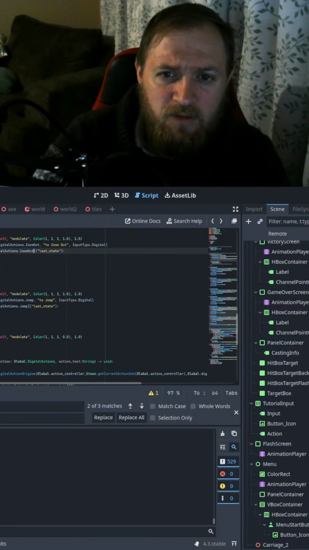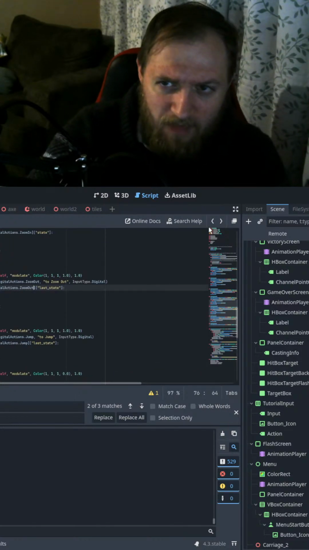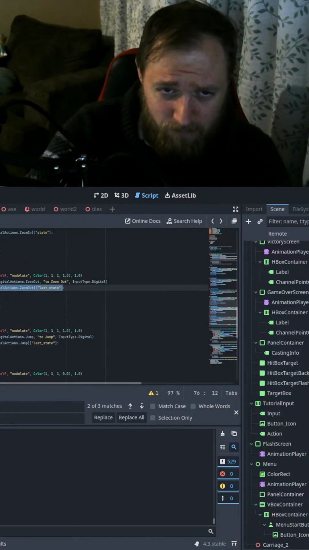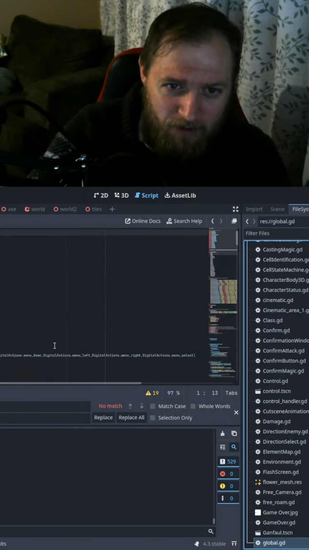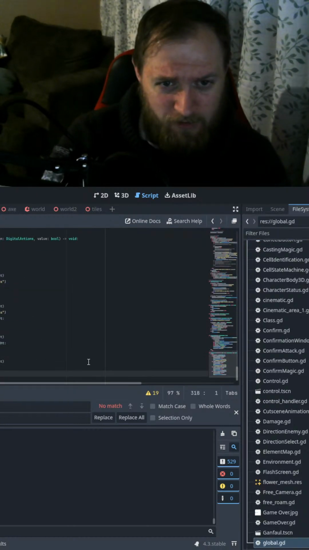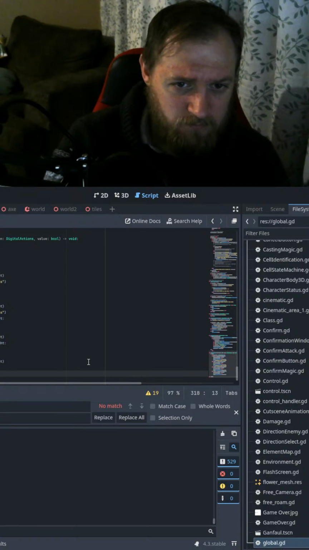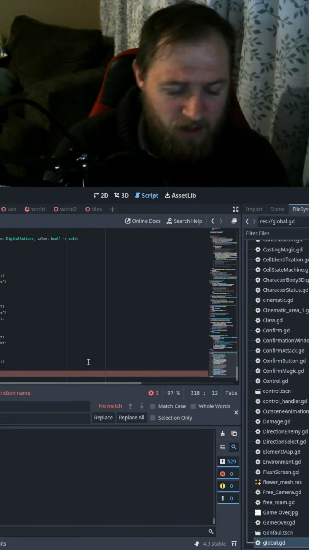Zoom out. I wonder if I should have a function that's essentially get last state. Let's do that. I think it'll be a little better. The main reason it's going to be better is because it'll be easier for me to remember. So I'm just going to make a new function here. Get last state, or maybe I'll have a function like check button status,